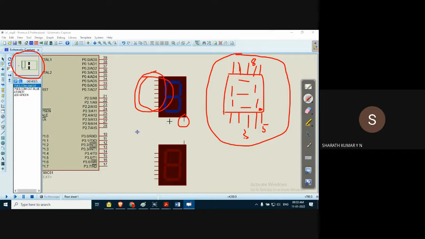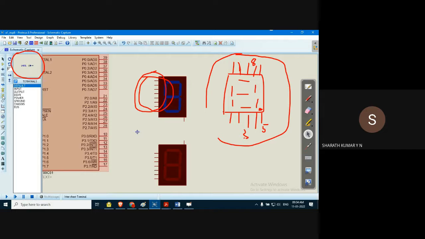So this, if it is given at the bottom, corresponds to common cathode. Why? Because in common cathode, all the cathodes are connected to ground. This indicates it is a ground point. So we have to connect ground to this point. For example, let me pick the ground also. We'll understand. For VCC and ground we have an additional function called terminals. This is called terminal mode. Here you can select power, that is VCC. We can select the, just a second.